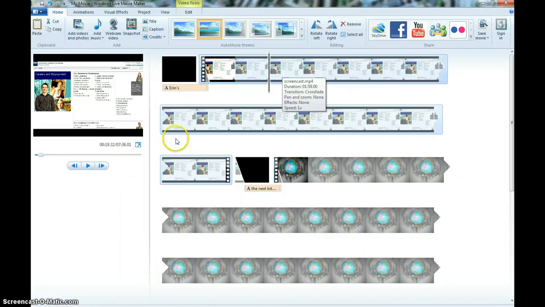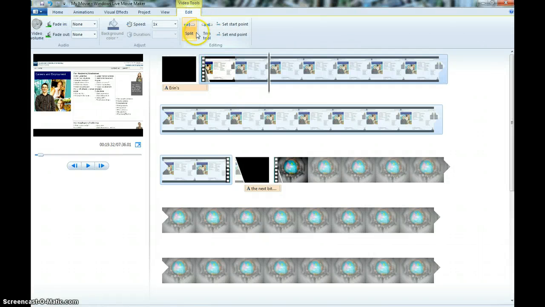You might also find that when you're self-recording, you've got little bits of yourself hopping up to get the camera and hopping back to your seat before you talk into the camera. So you might actually want to edit some of these pieces of video. So I'll come up to edit. I want to trim. Split is when you kind of need to cut something to put another bit of video